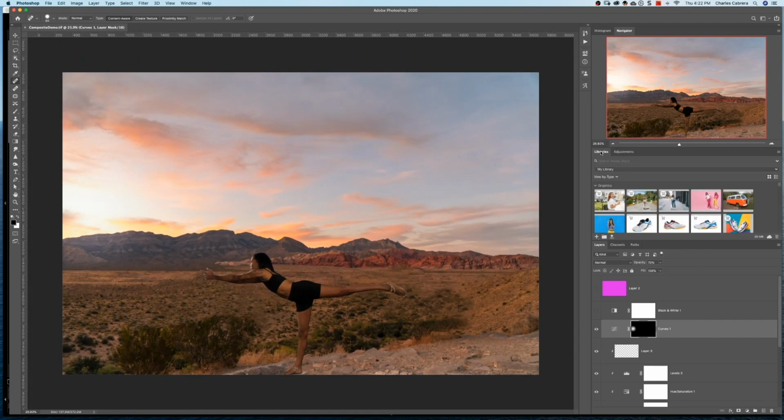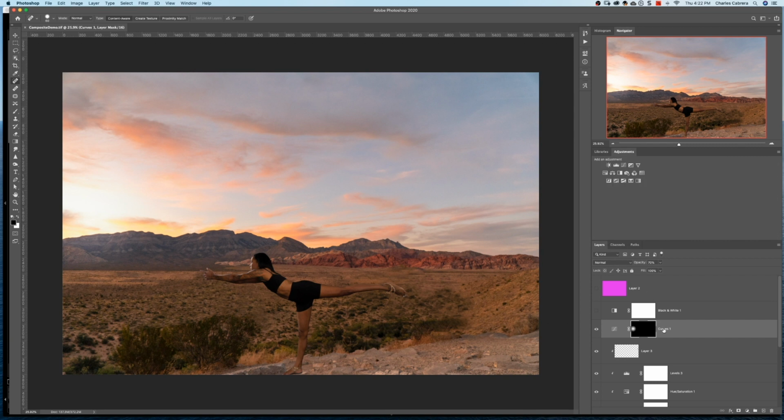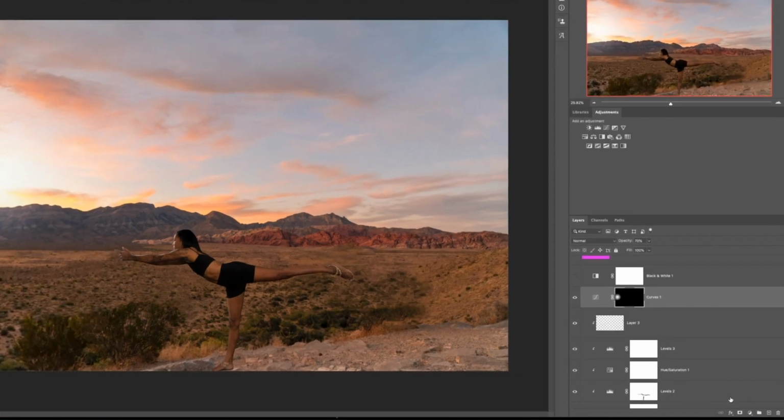Your libraries, these are libraries that are synced up with Creative Cloud, and these assets here can be viewed across other tools in the Adobe suite. And here's your layers panel, where Photoshop is actually built on layers, and we'll go over that in a little bit here. And down here at the bottom, there are additional ways that you can get to your adjustment layers and make new layers, delete layers, add layer masks.